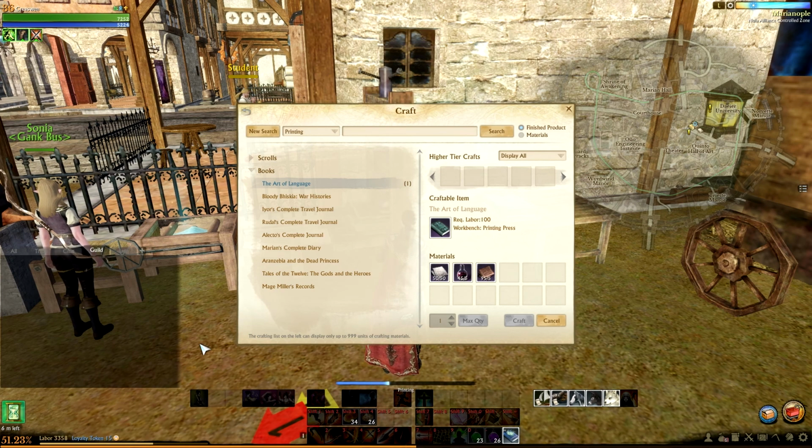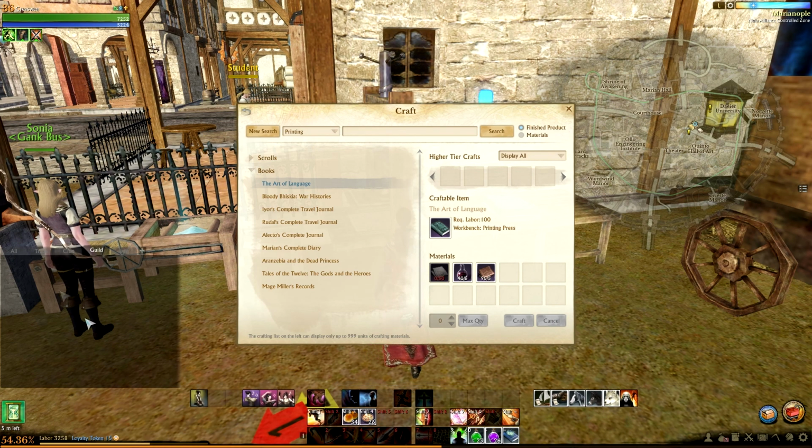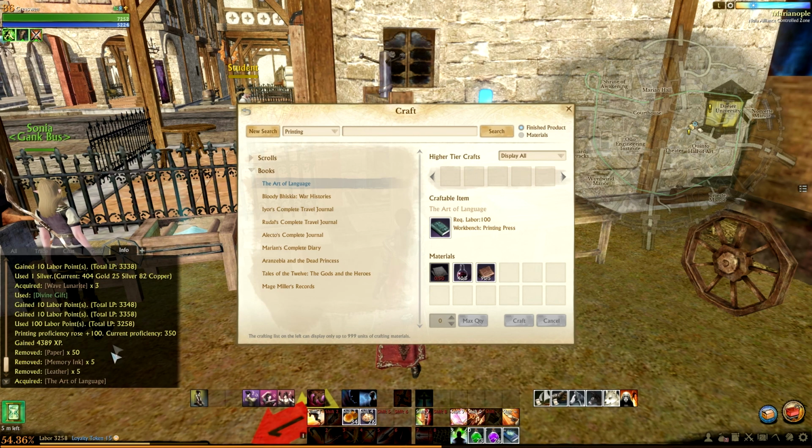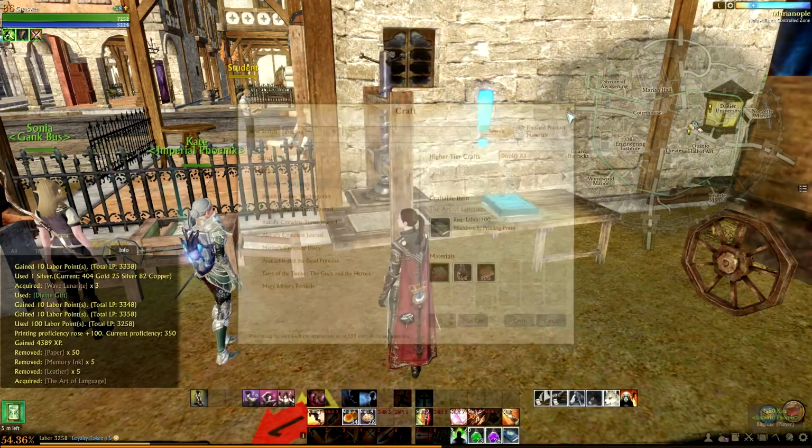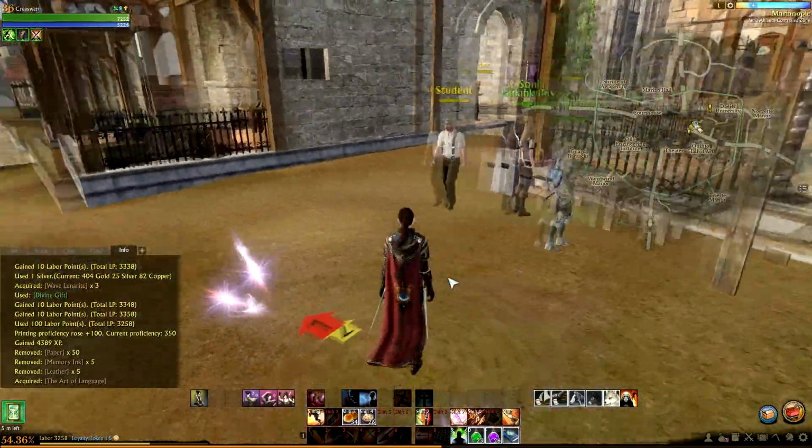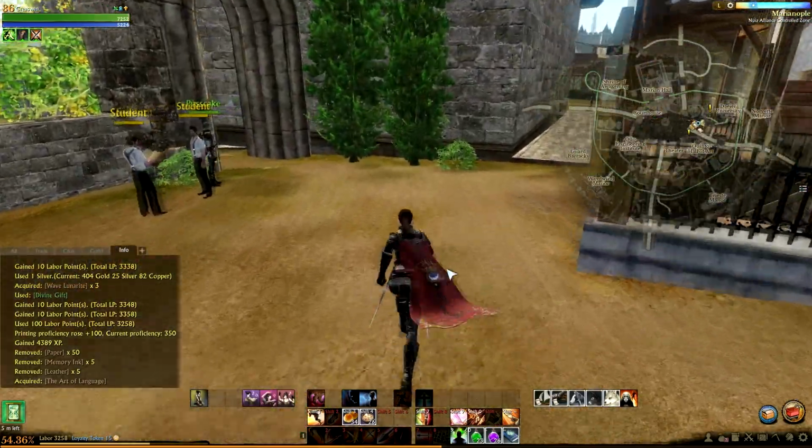It does give you 100 experience for the printing skill. So a couple of times to do this and you can get some pretty decent skill level at it. So you'll see my printing proficiency is at 350. It's because I made 100 paper earlier and then now 2 books. So now that we have the other book in the inventory, we're going to head back over to the university,